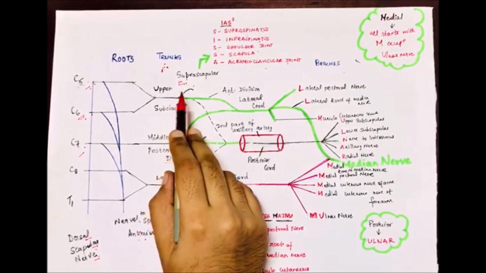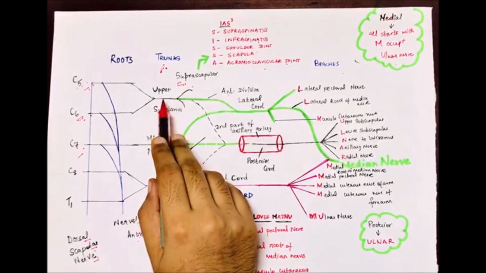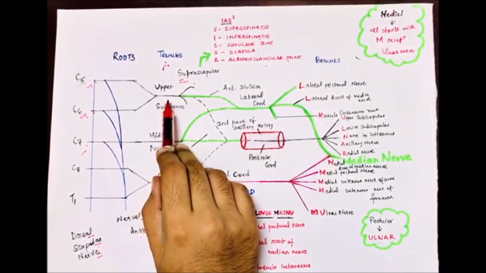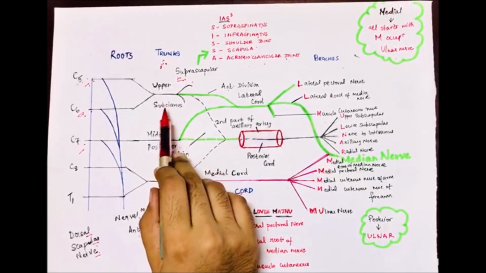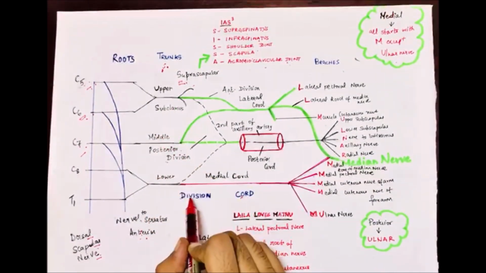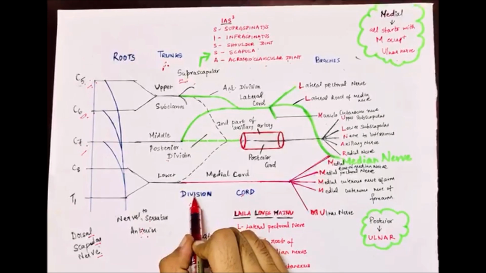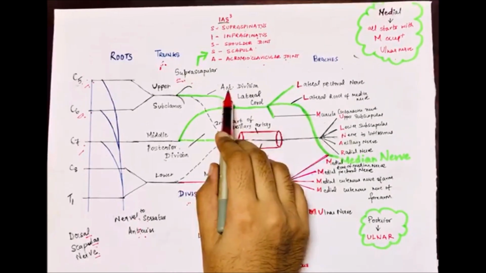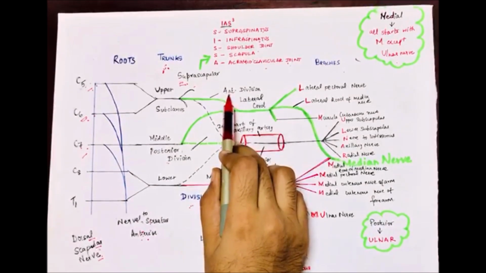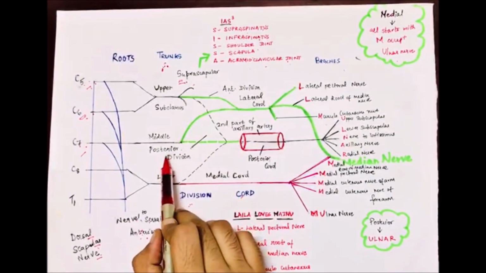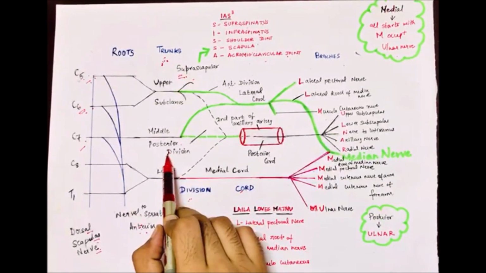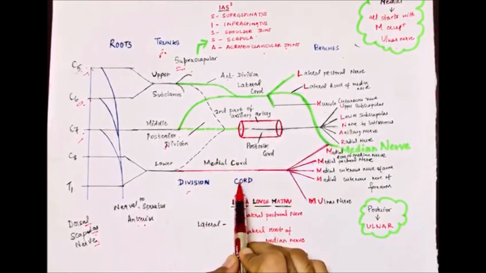There are also two applied anatomy points on the trunk: the Erb's paralysis, which is injury to the upper trunk, usually at the Erb's point, and the Klumpke's paralysis, which is injury to the lower trunk of the brachial plexus. Now let us move on to the divisions. The divisions lie behind the clavicle. The anterior division supplies all the muscles present on the ventral part of the thorax and the upper limb, and the posterior division supplies the muscles present on the dorsal part of the thorax and the upper limb. Now let us move on to the cords.